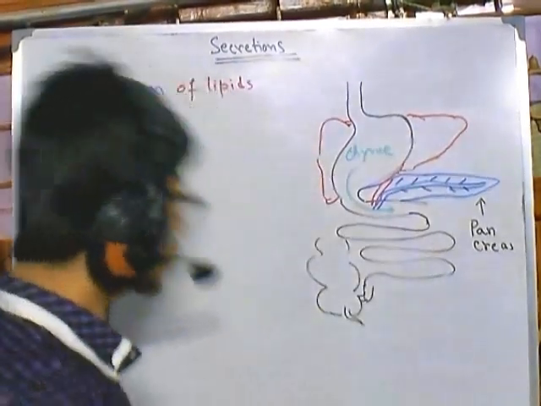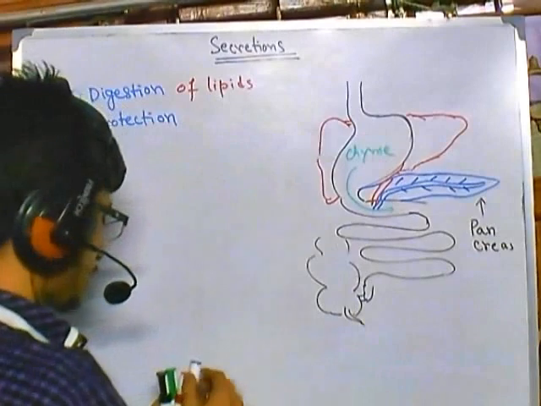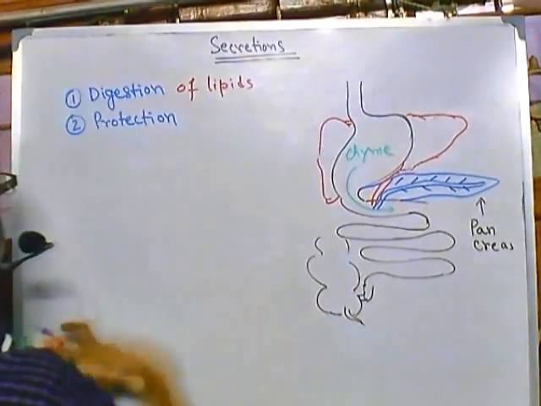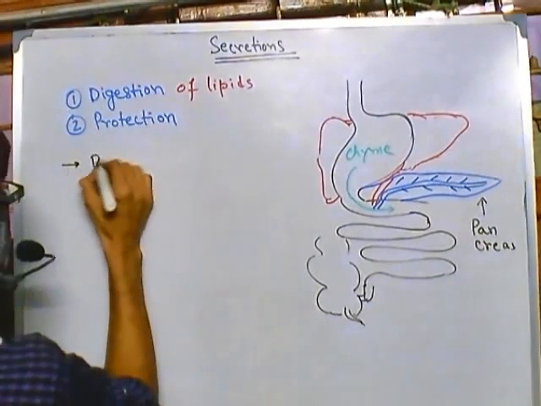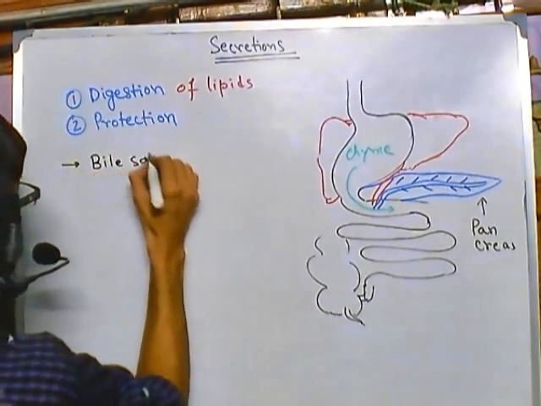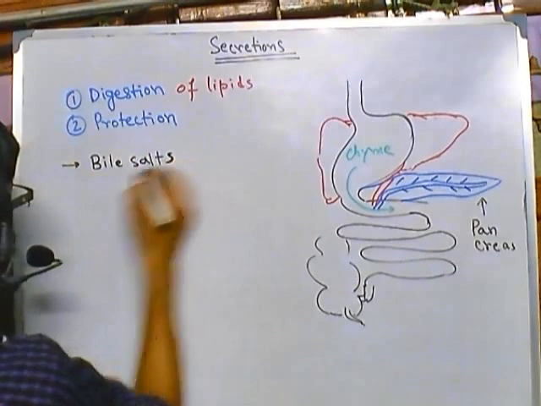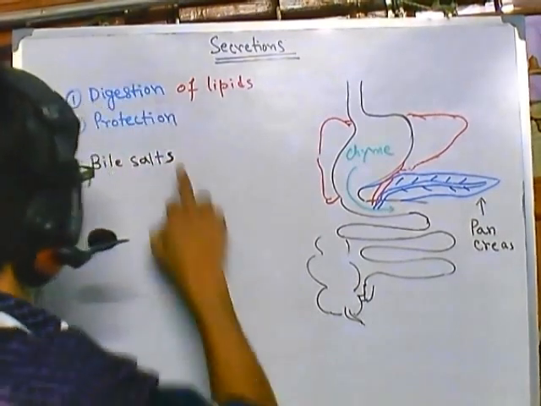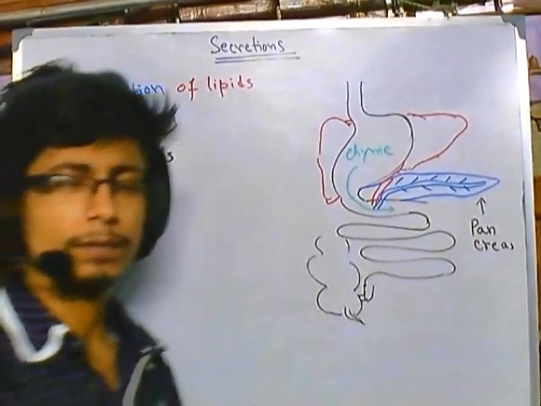Okay, so usually in this case the liver actually secretes bile salts. This is a very important thing. The liver secretes bile salts. Now among these bile salts there are different names of different bile salts, and